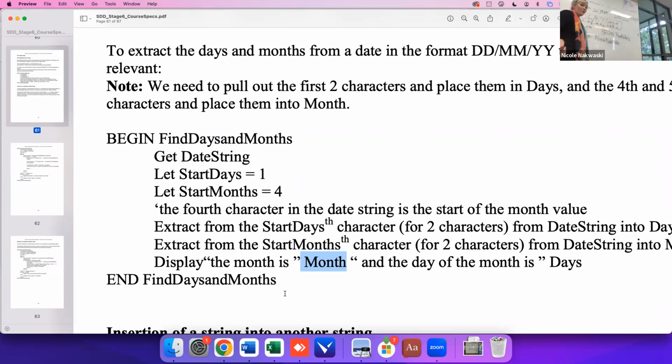Everyone's algorithm is going to be slightly different because everyone's name is slightly different. I need you to rewrite this logic for find initials. I want you to extract out your first initial and your last initial and display them. And in the display, say, my initials are. Pretty straightforward, pretty easy. Anyone have any questions? Okay, I'm going to pause on our